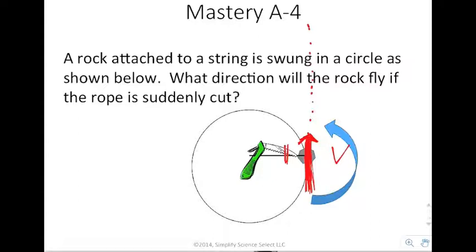So this is really useful whenever you're spinning this thing in a circle. Let's say that you wanted to hit this point right here. Well, in order to hit that point, it would travel in a straight line from wherever you let it go. So you would actually have to let go right there in order to hit this target right here.